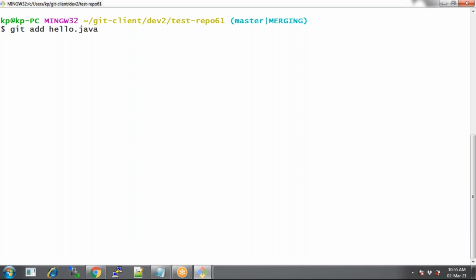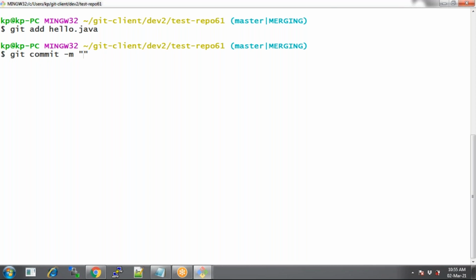Why? Because that is a conflicted file. I don't want to commit that file into my repository. If the file is committed and pushed to the repository, then when other developers pull it, there might be confusion. What is that .orig file? They don't understand this file. So that is the reason: don't commit and push it to the remote repository. You can push it, but not into the master. When we talk about branches, I'll talk about that .orig file and how to push it. But anyway, stage it. Git commit